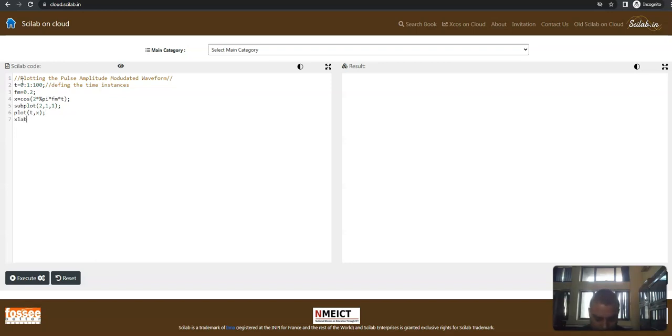Then we can label it. X label could be, so on the x-axis, because it is time, let us write it time. And if you want to change its font size, let us take the font size to be 3. So this is your x-axis. What will be the y-axis label? On the y-axis we represent the amplitude,